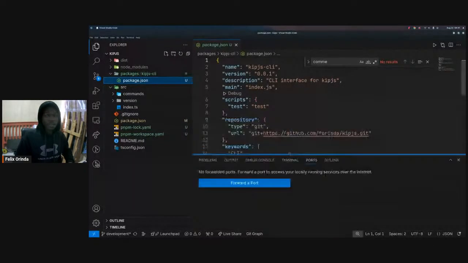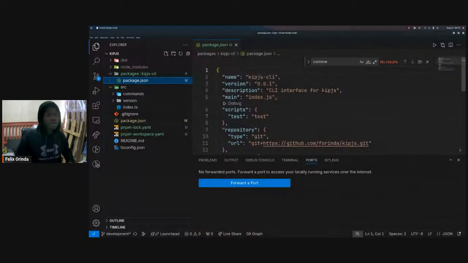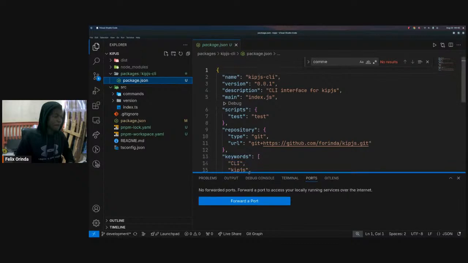So in kipCLI, what we'll be needing will majorly be only the packages that are necessary for building the backend. So the CLI. So meaning whatever will be handling externally will be dependencies that will be required in the global scope,